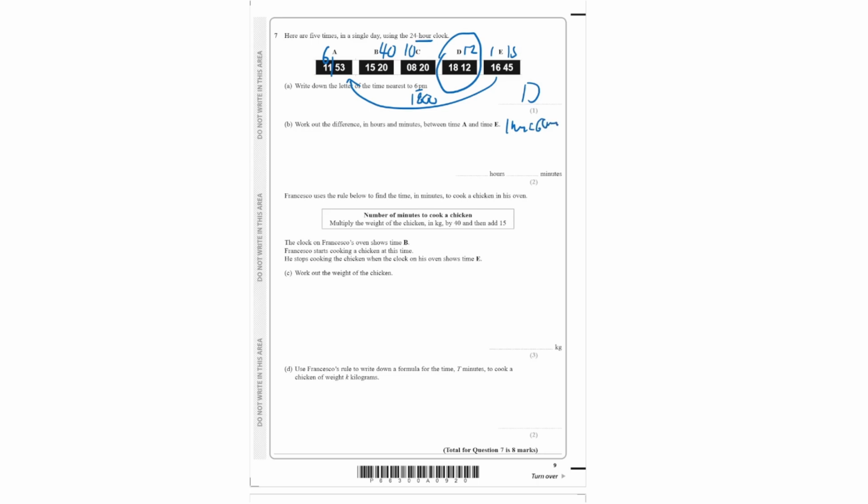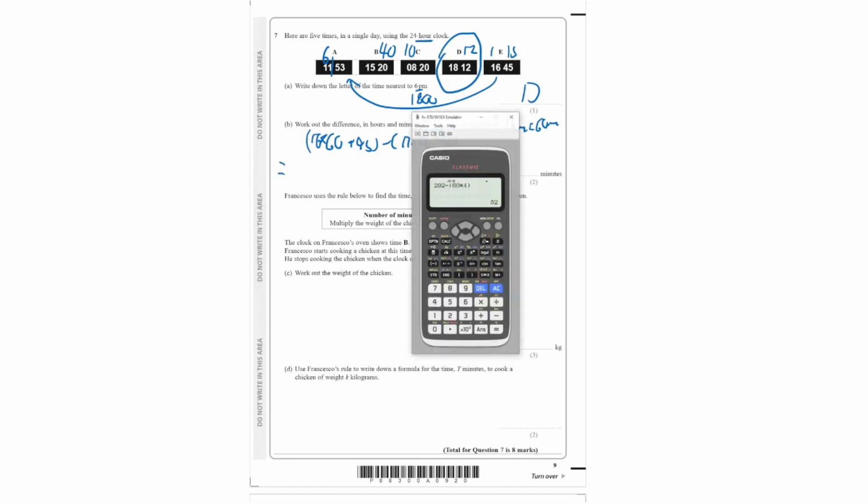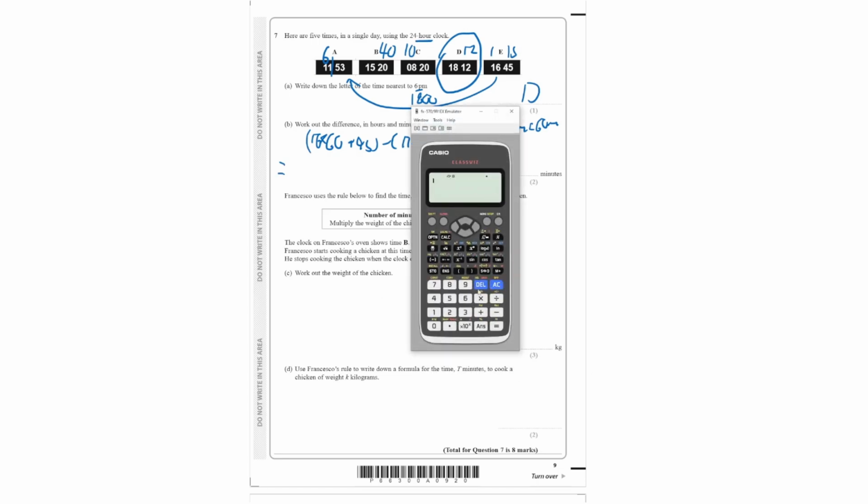So we have 16 times 60 plus 45, minus 11 times 60 plus 53, which should give us the total amount of time in minutes. We start off with bracket 16 times 60 plus 45, close the bracket, subtract 11 times 60 plus 53, which gives us